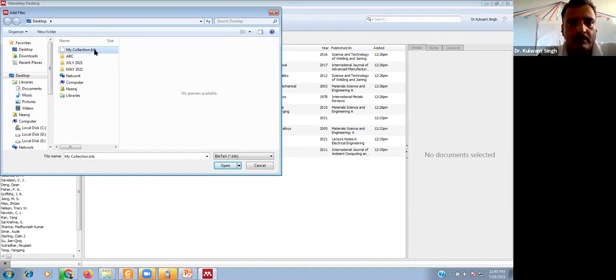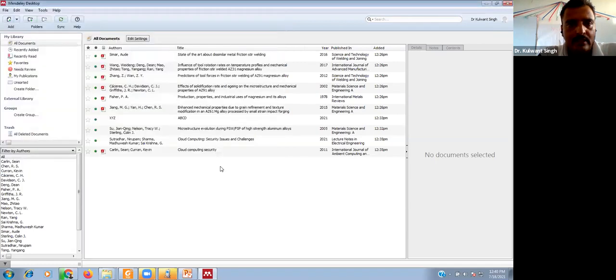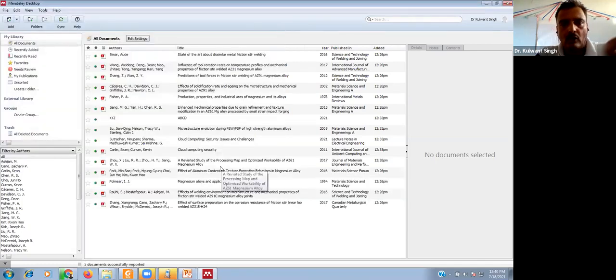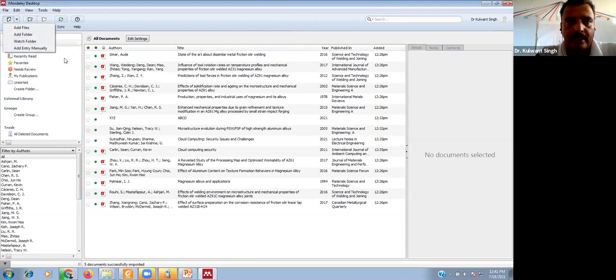You have to go to the particular folder and select the file and then just click. So these five documents have been added using this import option. So in this way, you can add the document in the Mendeley library using the four options available here. If you have the document as a soft copy or hard copy, and in another way, you can directly search the document online, and you can add to your library using the web importer.